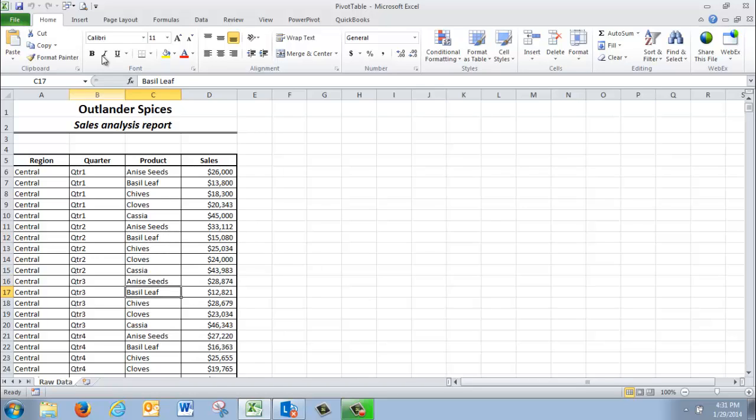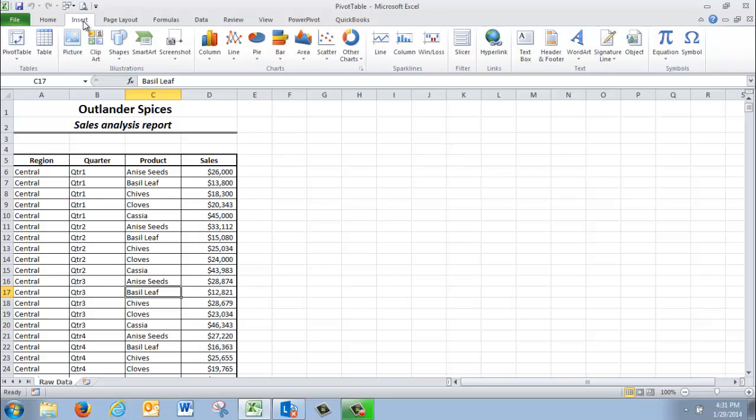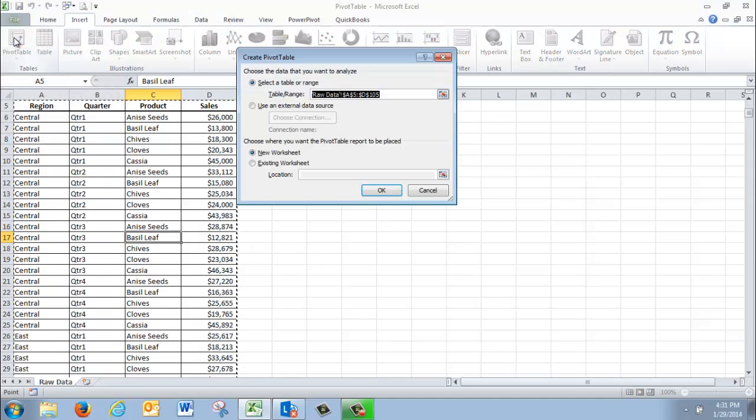To achieve this, I will click on any cell within my current range of data. Then I will go up to my ribbon at the top and click on the Insert tab. The very first button available on the Insert tab is the Pivot Table. When I click on Pivot Table, you'll notice that a dialog box displays that wants to verify my range of data,